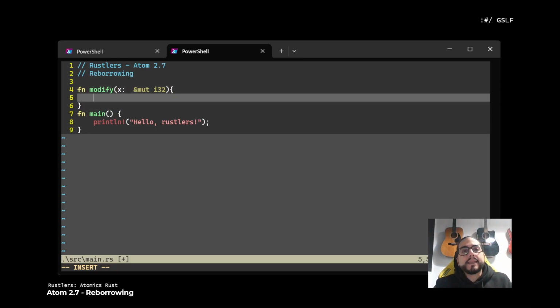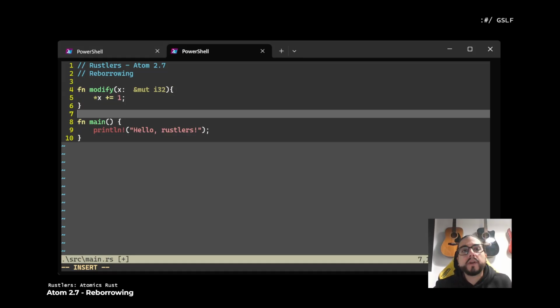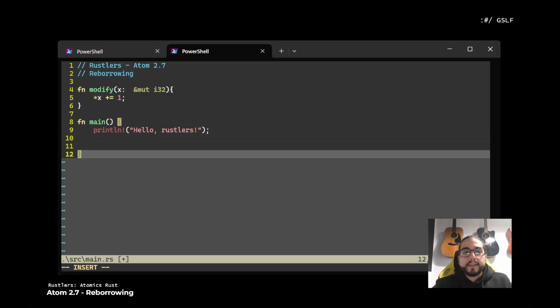Inside this function we simply get the content of x, so we dereference x, and we add 1. Perfect, very simple function. Now inside the main,